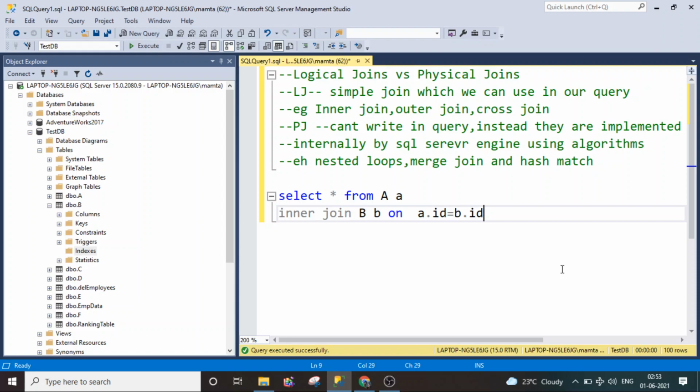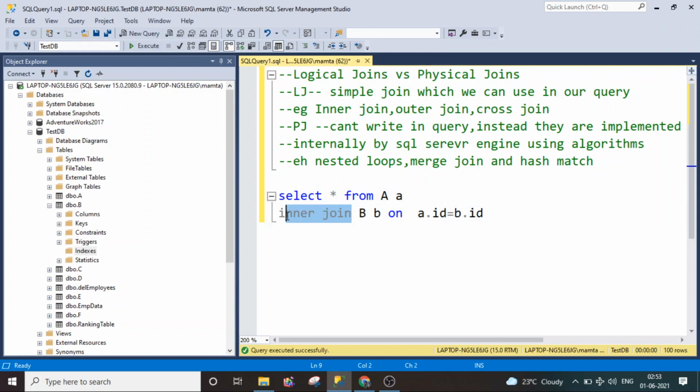So the question here is how many types of joins are available. There are two types: logical joins and physical joins. The basic difference is that logical joins are those joins which we can write and use in our query. Like if we want to extract data from two tables based on a certain column, we can write a query like the one displayed here using the inner join.